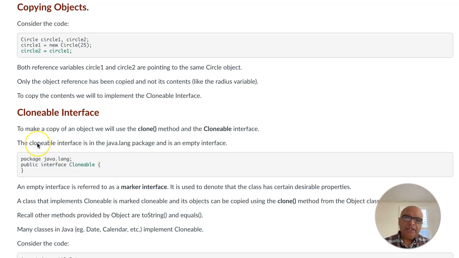To make a copy of an object, we will use a method called clone, and an interface called cloneable. The cloneable interface lives in the java.lang package, and it's actually an empty interface. An empty interface is also referred to as a marker interface. It's used to denote that the class has certain properties. A class that implements cloneable is marked cloneable, and its objects of that type can be copied using the clone